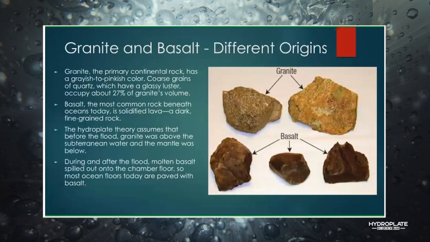I do have a chart here that talks a little bit about these two types of rocks that we've been discussing. And one of the earlier talks about the initial condition talked about the fact that the entire Earth's crust at the beginning was granite. And you see the picture here that shows that granite is this lighter colored rock.